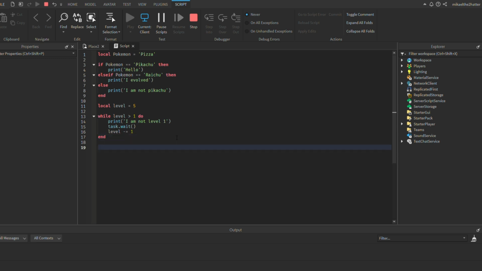Now one last thing, repeat. So let's make a new variable. Let's call it local stamina, whatever, equals 100. Repeat until, and what this does is this will repeat the code inside. So let's just print hi until stamina